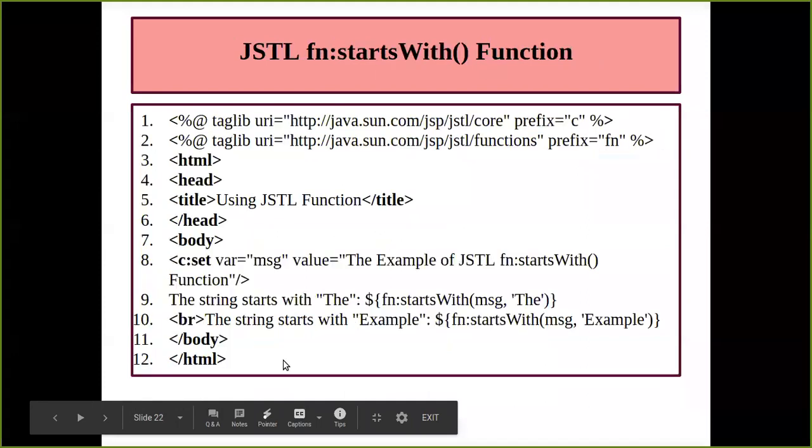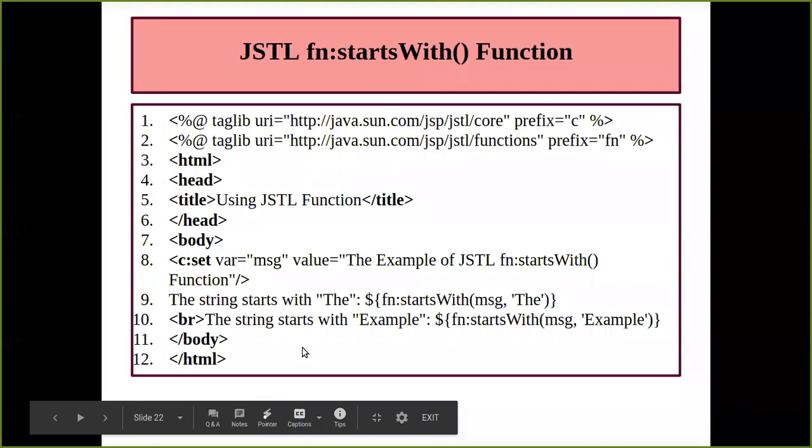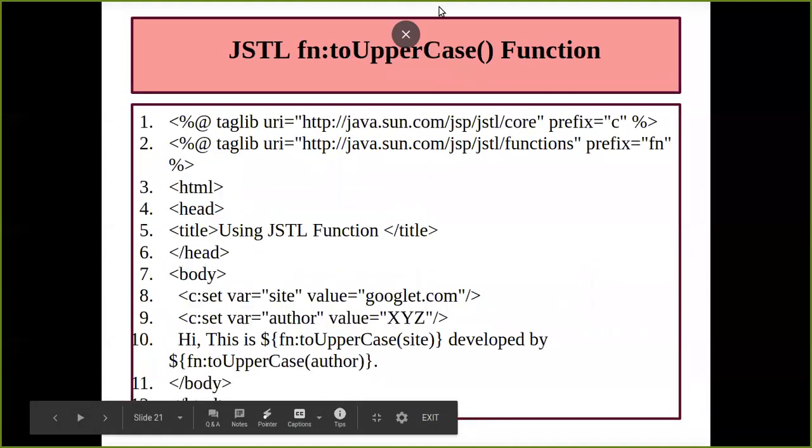Fine. So I think we'll cover the remaining things in the next lecture. We'll start from here. I'll stop this lecture now. And if you have any doubts, students, you can just ask me. It is open for all now. If you have not understood any concept, just let me know.